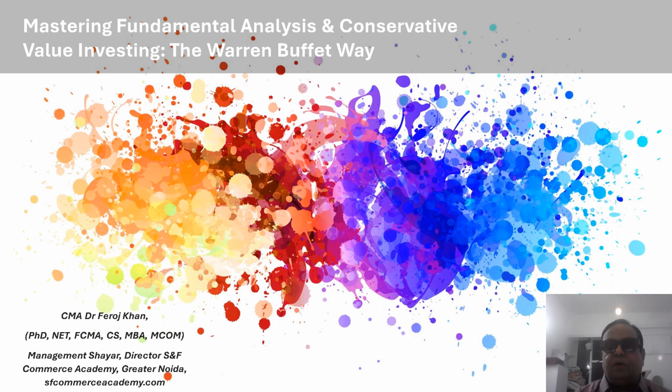Because supposing you have calculated the intrinsic value and that comes out to say 100 INR, and when you compare with the market price, suppose it is 80 INR. So in that case, your stock is undervalued. Presently it is being sold in the market at 80 rupees, but in the long run, or in the future, the market is going to reflect the intrinsic value, that is the 100 rupees. Definitely it's undervalued, you should purchase.